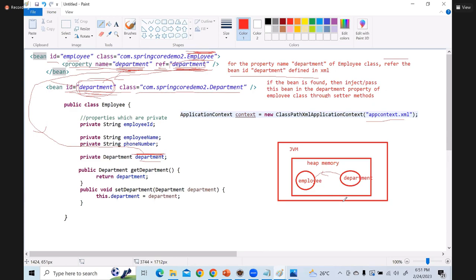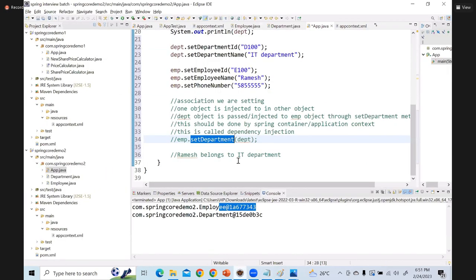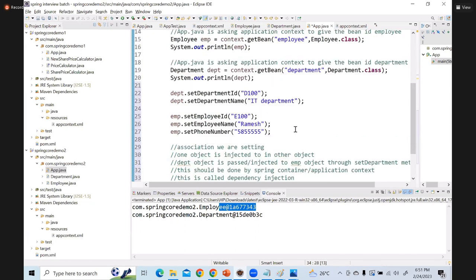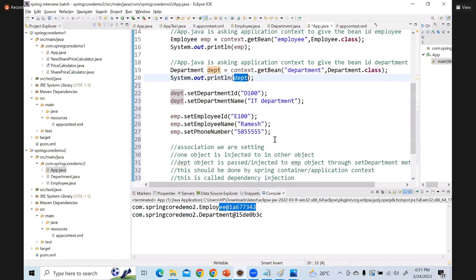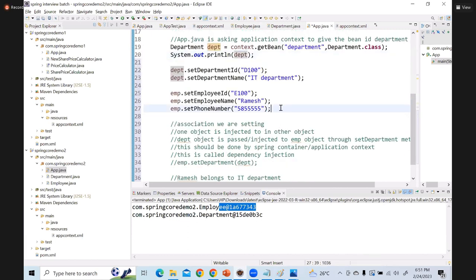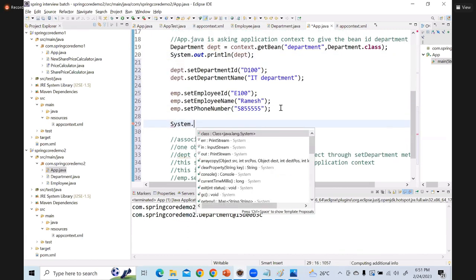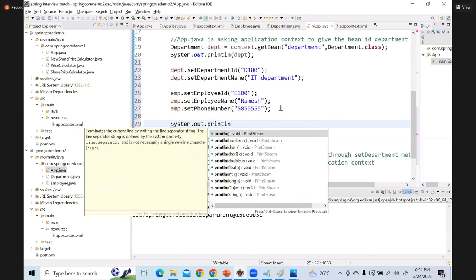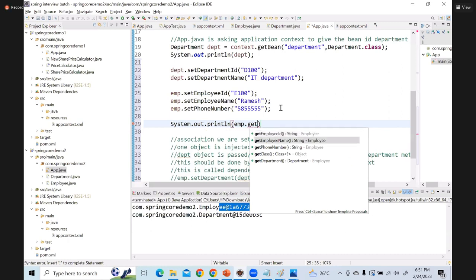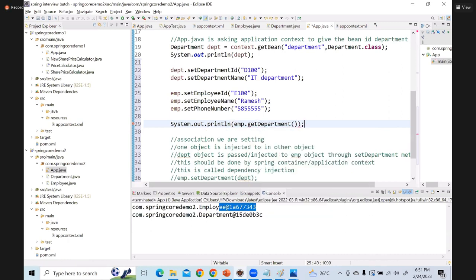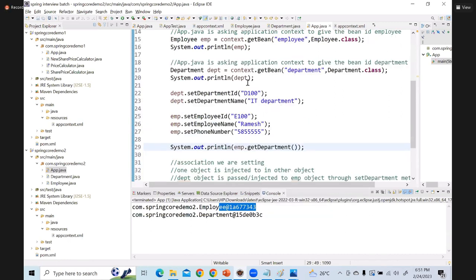Okay, now we'll see. Now I'll just say System.out.println(EMP), System.out.println(DEPT), and then System.out.println(EMP.getDepartment()). So EMP, DEPT, EMP.getDepartment(). If I run this program now,